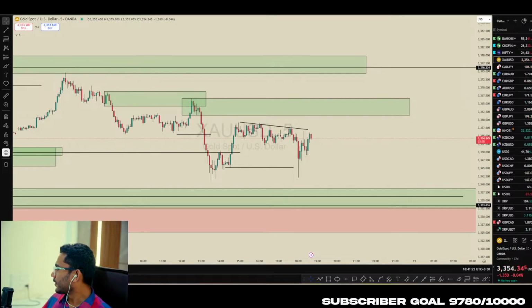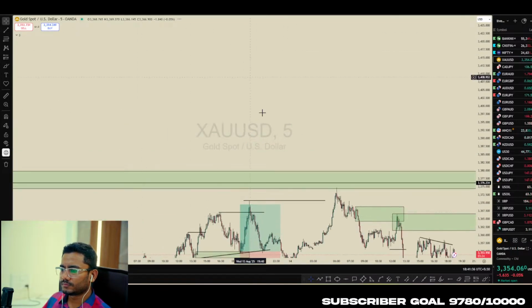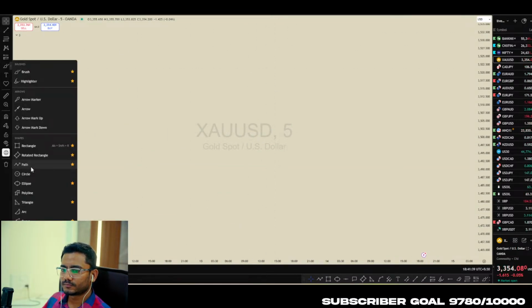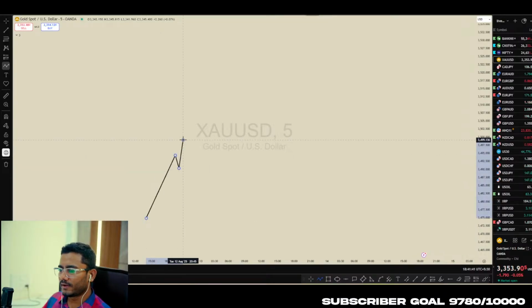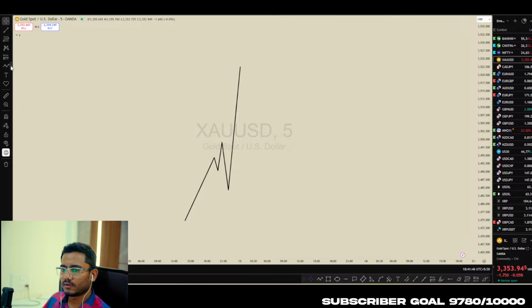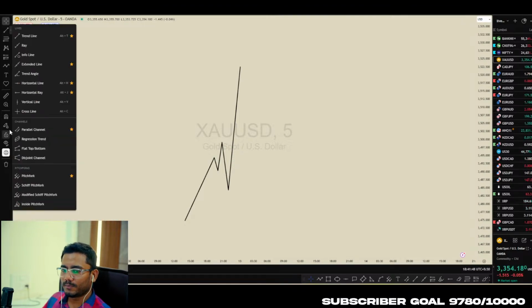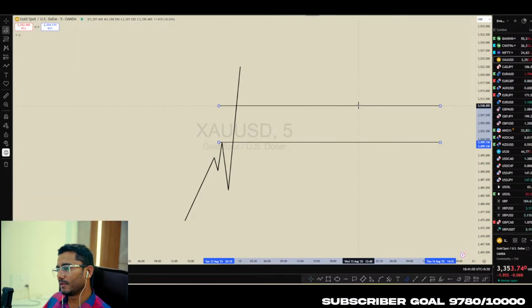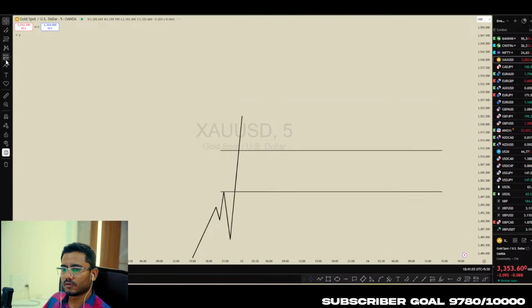Why is imbalance respected generally? Actually, I don't use imbalance that much. I try to refine the order block as much as possible. So I'll explain one thing over here. For example, if price goes to the upside, creates liquidity, flips this liquidity, and breaks the structure to the upside, here a lot of people think that price fulfills the imbalance. Okay, so just assume that this is our imbalance,